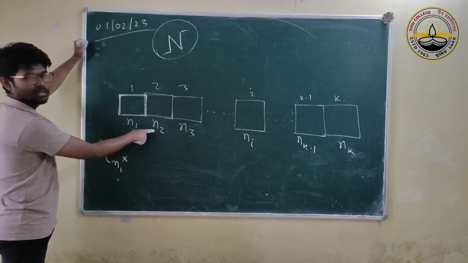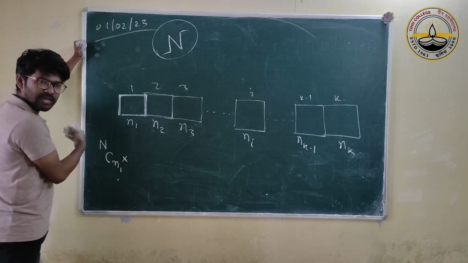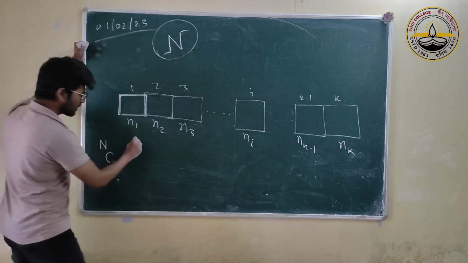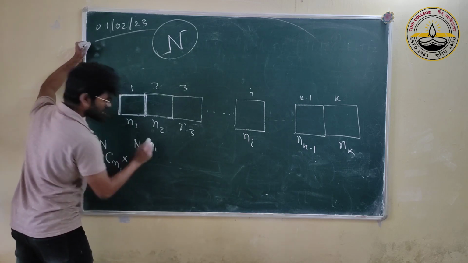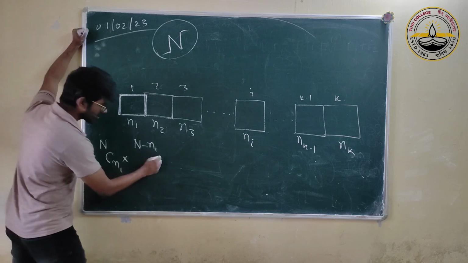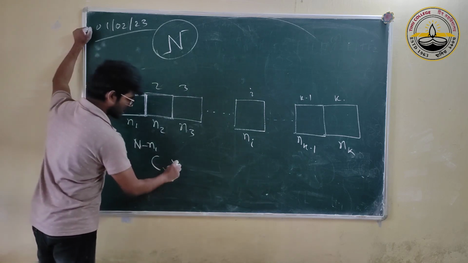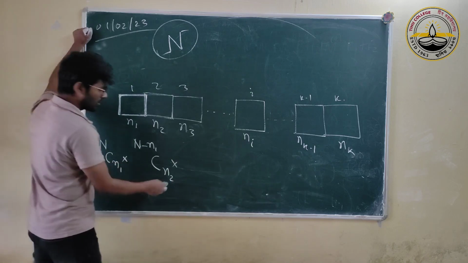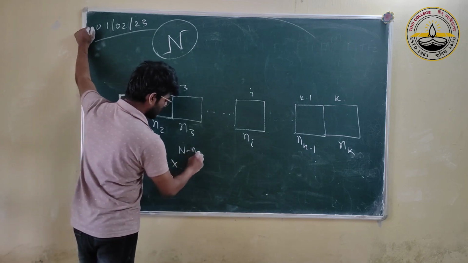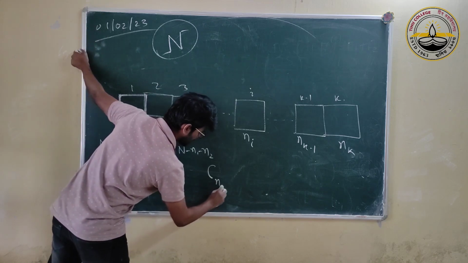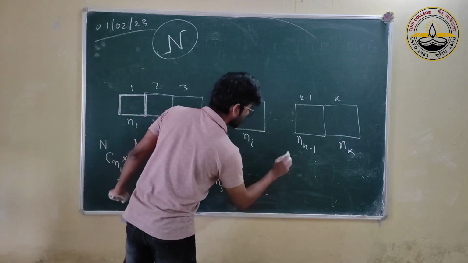For the second box though, you already have taken n1, so your available is now n minus n1, not n anymore. Out of this, you have to put n2 in the next box. The third one, now you have taken also n2, so n minus n1 minus n2, these many available now, C n3. And so on till